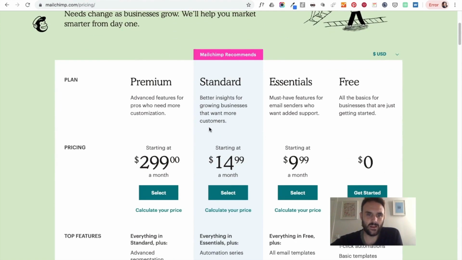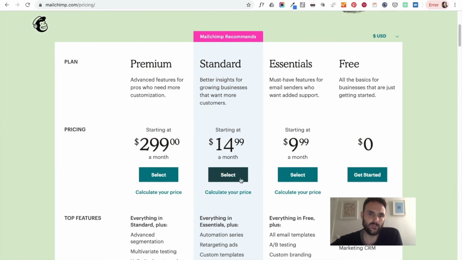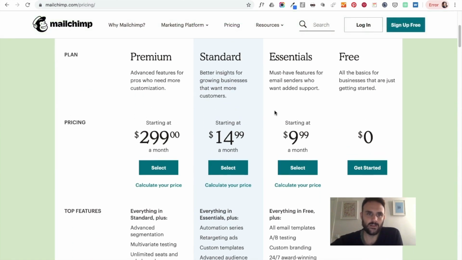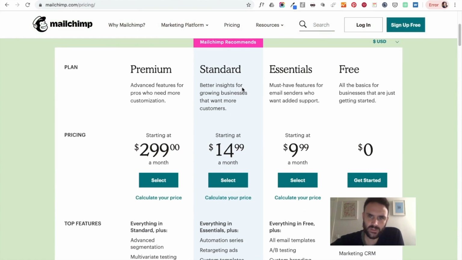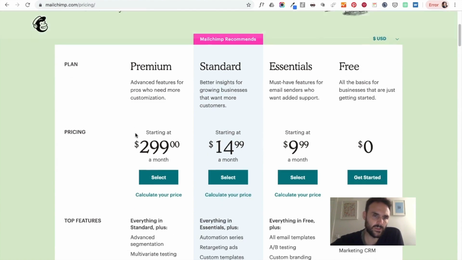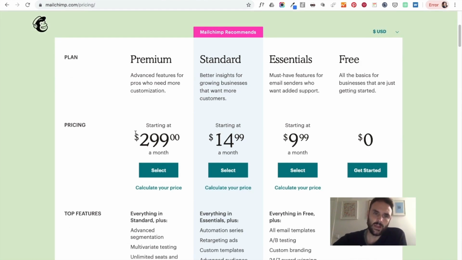And it's nice how they've highlighted this is their most recommended pricing plan here. So you can see premium, standard, essential, free. So that starts off the most expensive. So I think why they've done that is